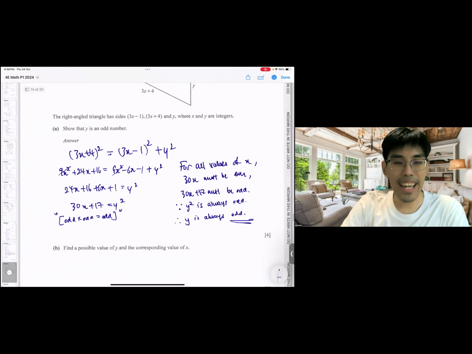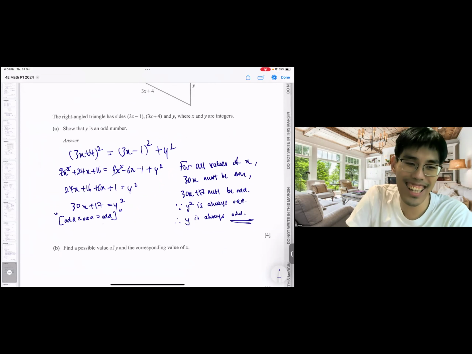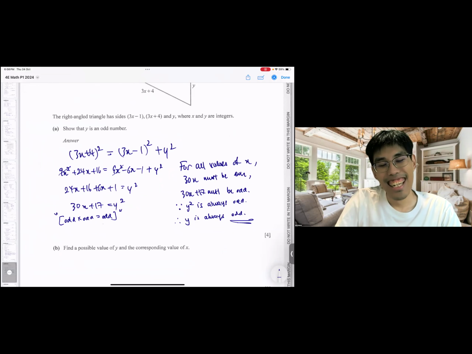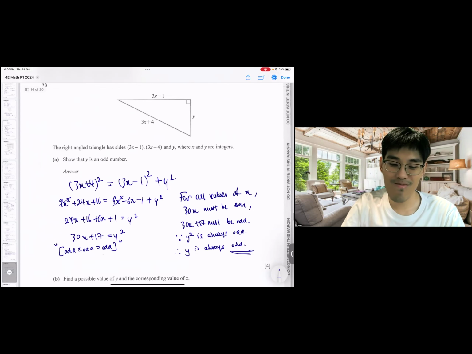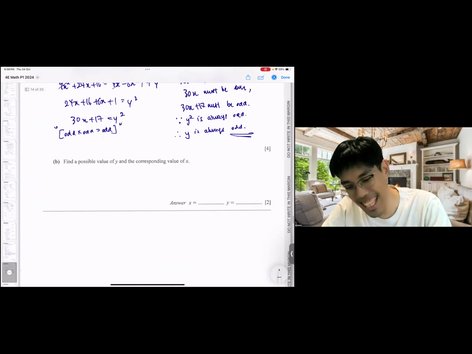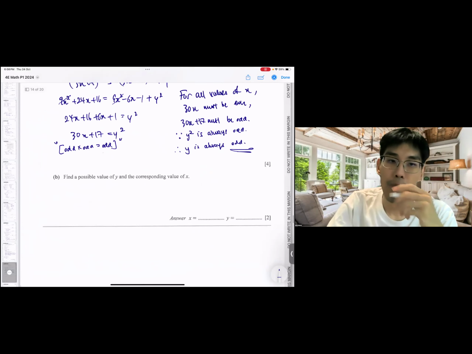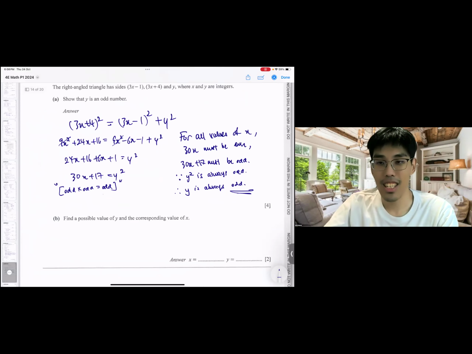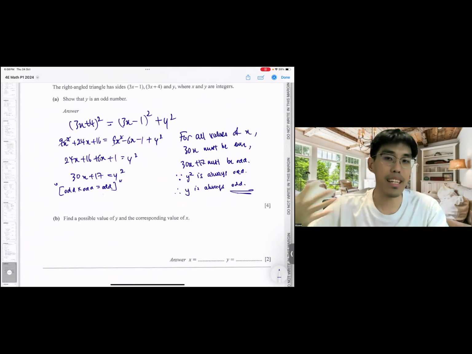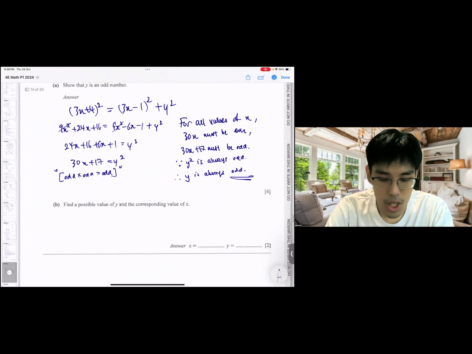Okay? Find a possible value of y and the corresponding value of x. Really? Just put x is 1. Because it can be any value, because it's all values of x. So technically, if I put any positive value of x, I can find some sort of y. Okay? So if I let